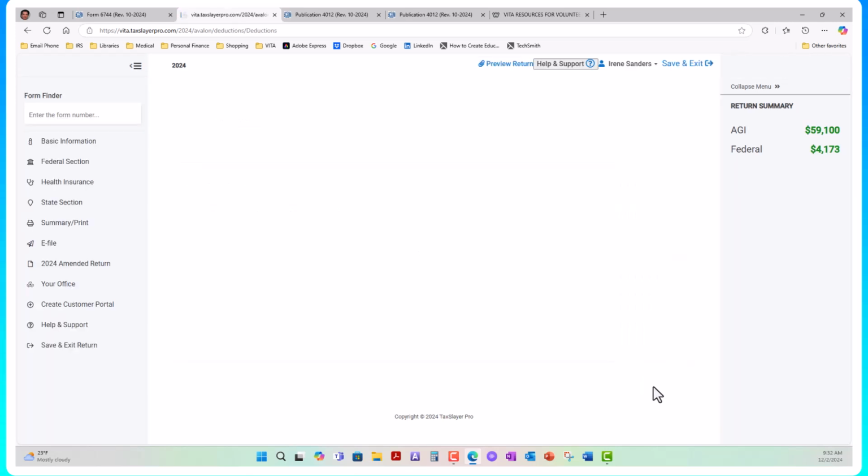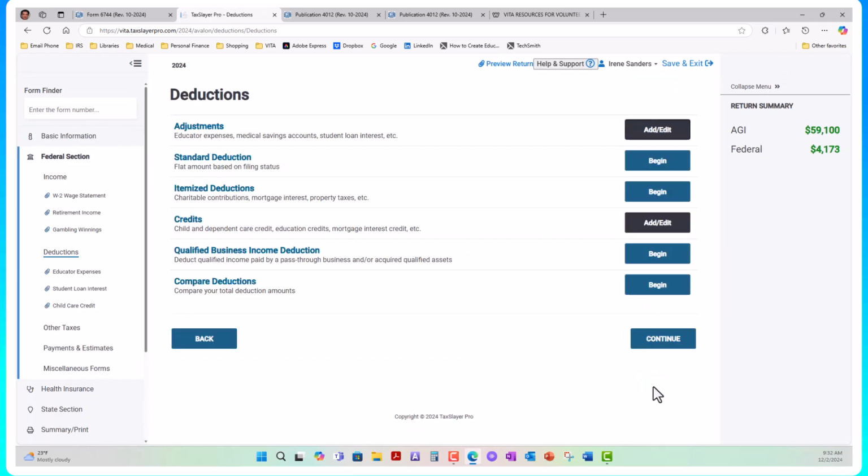And the next thing we have to do is we have some deductions we need to enter. We have her educator expenses for her classroom supplies. We have her child care credit. We have her student loan interest. So let's start at the top here on the deduction screen